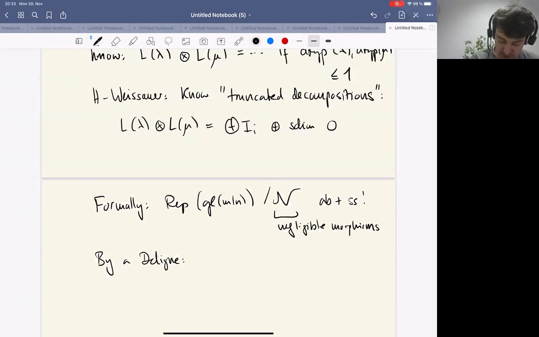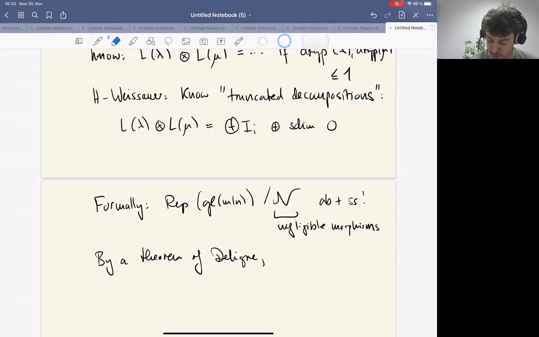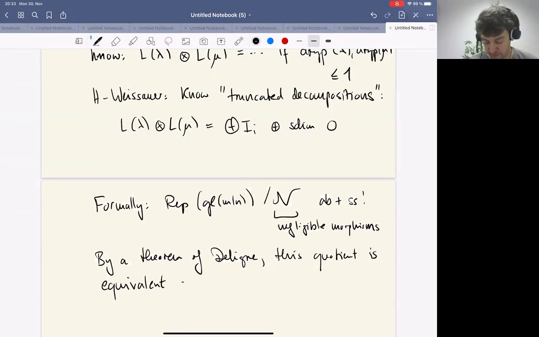So by a theorem of Deligne, this quotient is equivalent as a monoidal category or tensor category